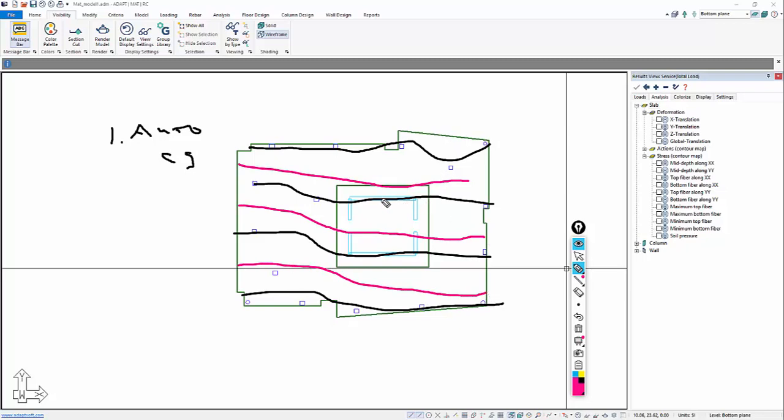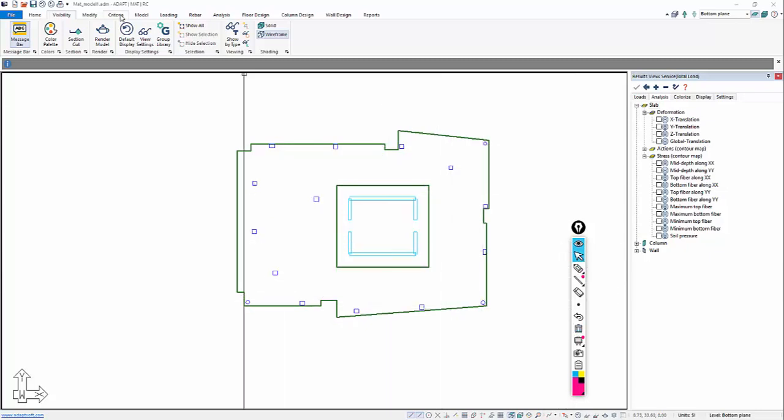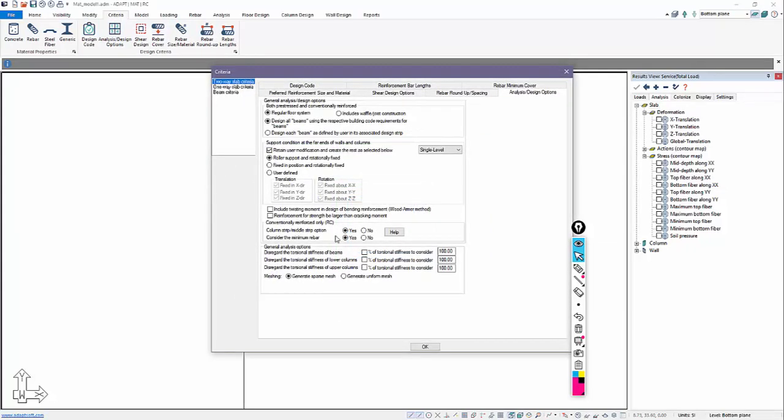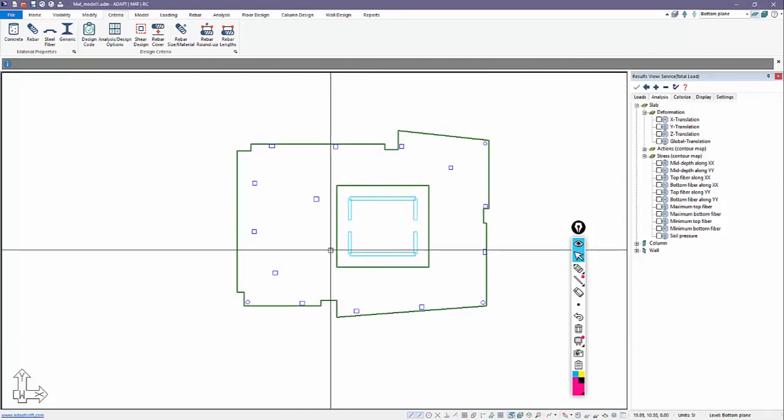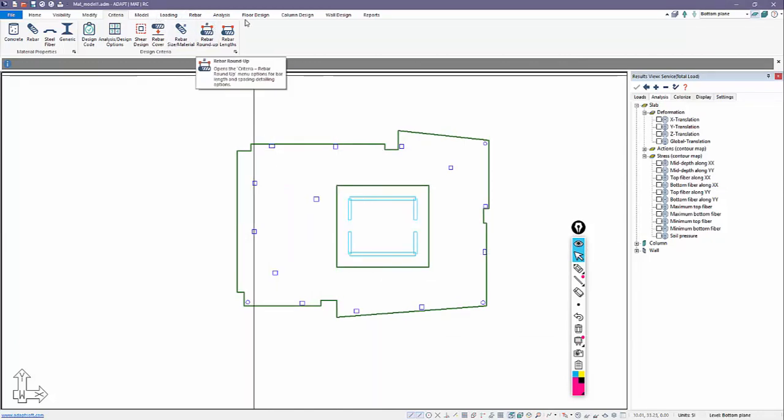Second option is if you want more control over the middle strips, we would turn off and disable the automatic generation of middle strips, and the user would then draw in both column strips and also middle strips. You would draw both of them in. To turn that off, because by default it does this automatically, we can go to Criteria, Analysis Options, and we can turn off column strip, middle strip here. We're going to go ahead and use the option for automatic creation of middle strips, and let's generate our support lines.